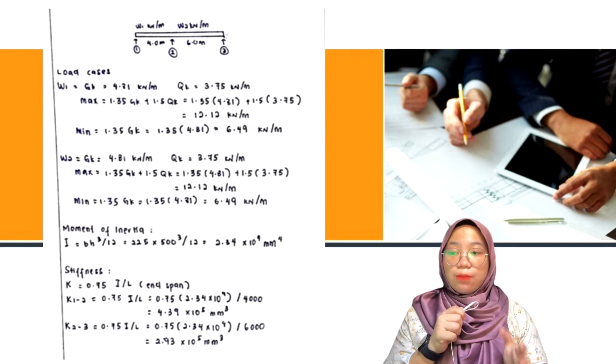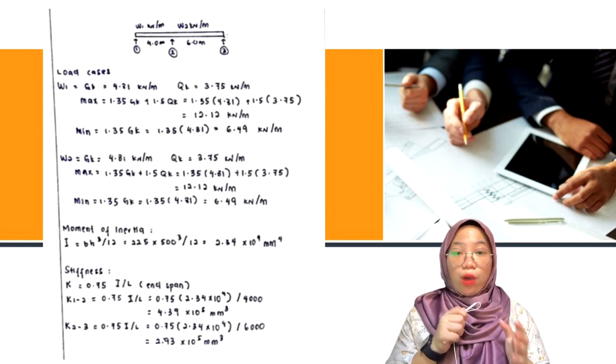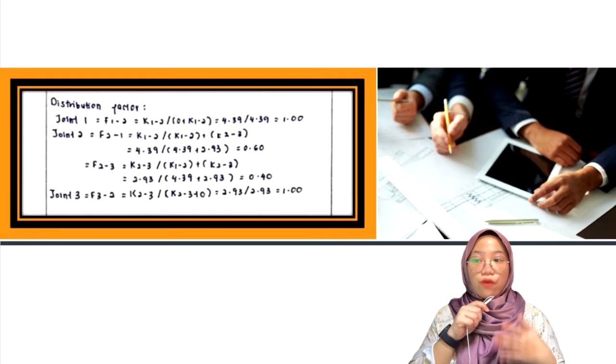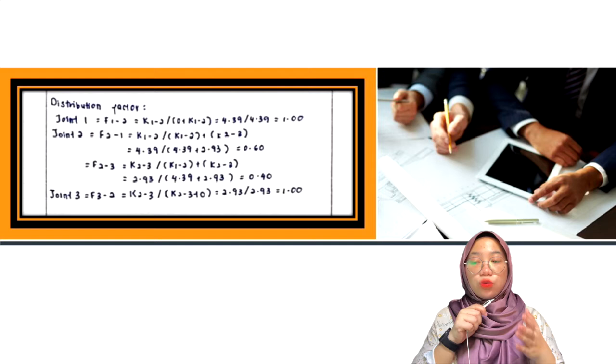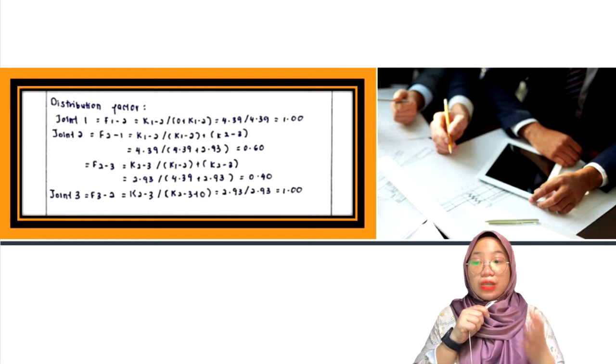For stiffness, K12 is 4.39 times 10 power 5 millimeter power 3, and K23 is 2.93 times 10 power 5 millimeter power 3. For the distribution factor, joint 1 is 1.00. For joint 2, factor 2 to 1 is 0.60, and factor 2 to 3 is 0.40, and joint 3 is